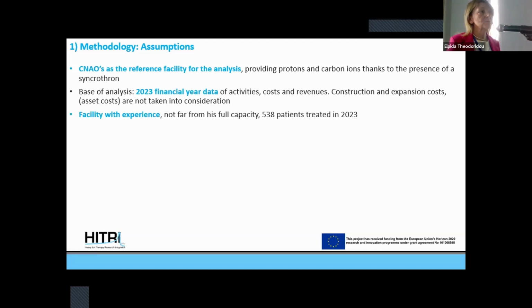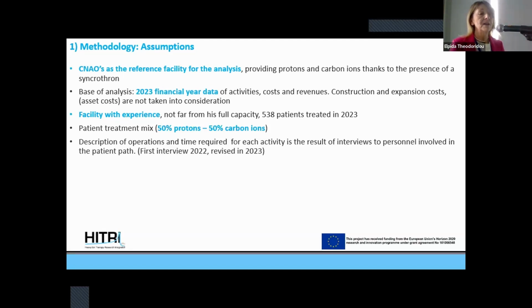Then we have to consider CNAO as a facility almost at its full capacity. In 2023, we treated 538 patients. And this is important because if we compare the results of our study with the results of more recent studies, we can see that they are made on facilities in a ramp-up phase, and the results are different. And then we have a mix of 50-50 between protons and carbon ions. And